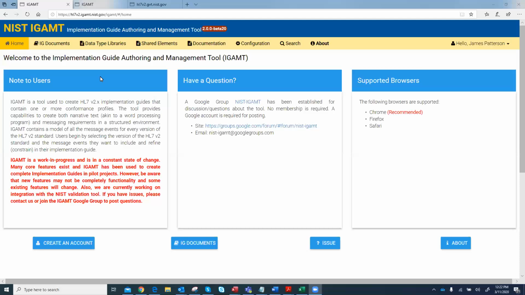This website, if anyone's interested, it's probably easier just to Google NIST IGAMT, which, as you can see here, stands for Implementation Guide Authoring and Management Tool. So really, the whole point of this is to develop your own guides, whether it's ELR or, in one case, we did an LRI message. So anytime you get into this, you can create your own account. And once you do, you can,